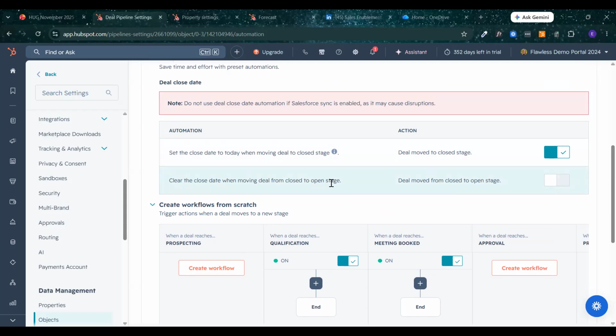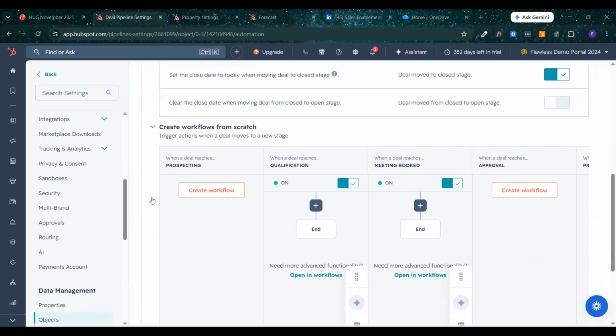We don't always recommend having deals that are allowed to move back out of closed. Usually, we say open up a new deal, and that's just because we don't want to create confusion with any reporting or analytics that is saying this many deals closed, but then that one's actually not closed, or closed revenue and then it's no longer closed revenue. And it can cause some confusion for people who are reviewing that kind of reporting. But I digress. You can turn it on if you do allow that.